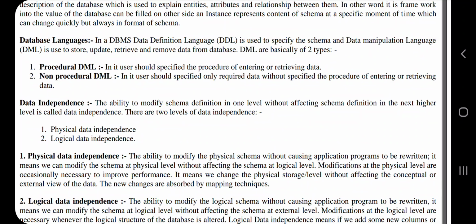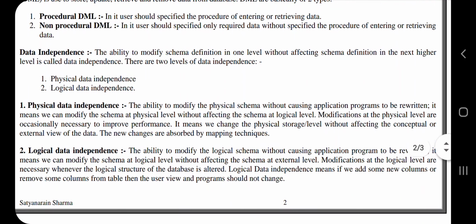First, procedural DML. In it, user should specify the procedure of entering or retrieving data. Second, non-procedural DML. In it, user should specify only required data without specifying the procedure of entering or retrieving data.